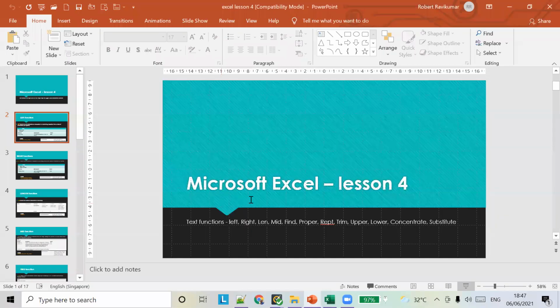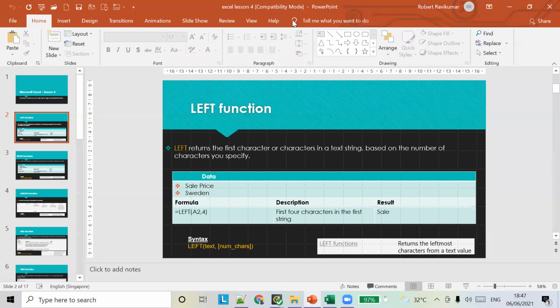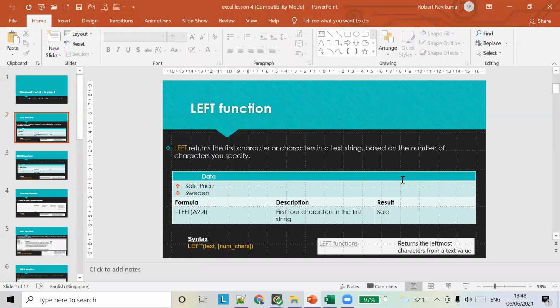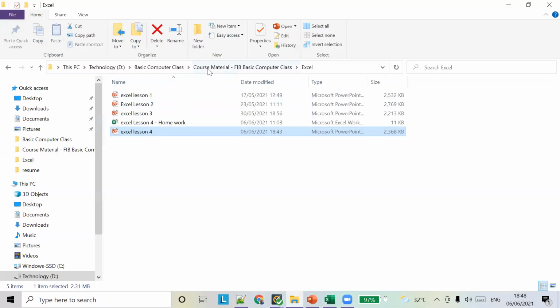So any doubts in this? நான் பேசுற clear இருக்கா? Yeah, clear, sir. Other. Okay, so let's see an example now. ரொம்ப நாள் கழிச்சு வந்துருக்கீங்க. Okay, let's see an example now.